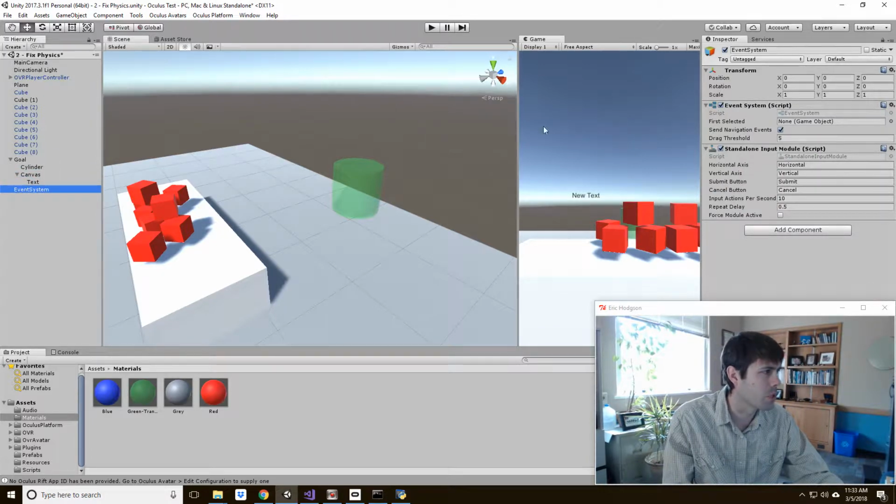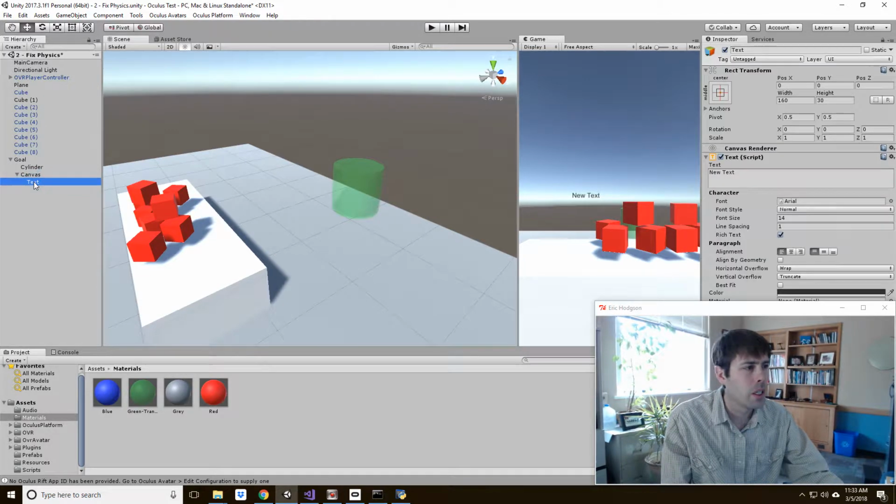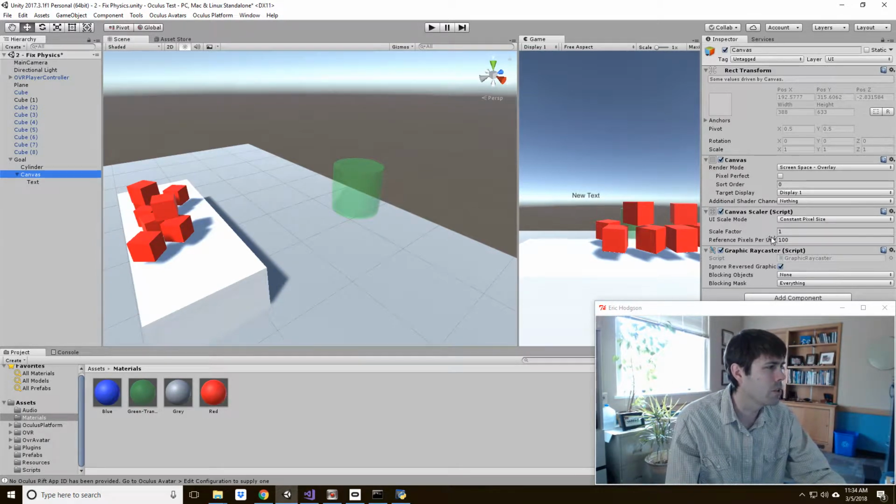This is a system that comes with the UI to allow touch input and that kind of stuff. I'm just going to delete it. We don't need that for now. And we will have to make some changes here. Canvases by default are screen-based objects. They would be a screen-based UI. That doesn't work in VR, so we need to change it to be